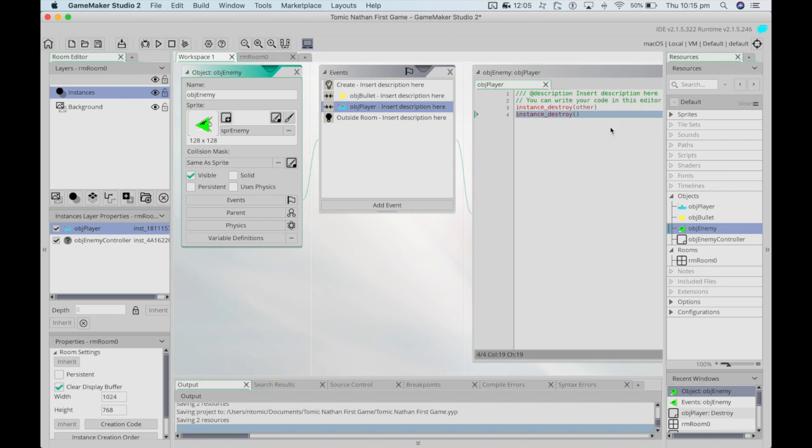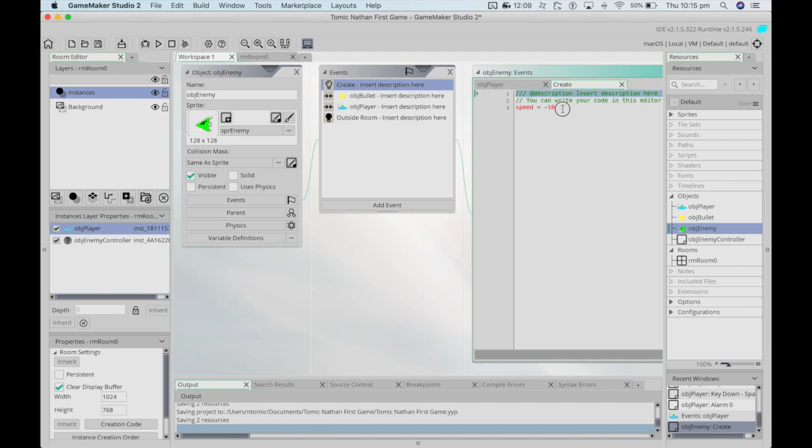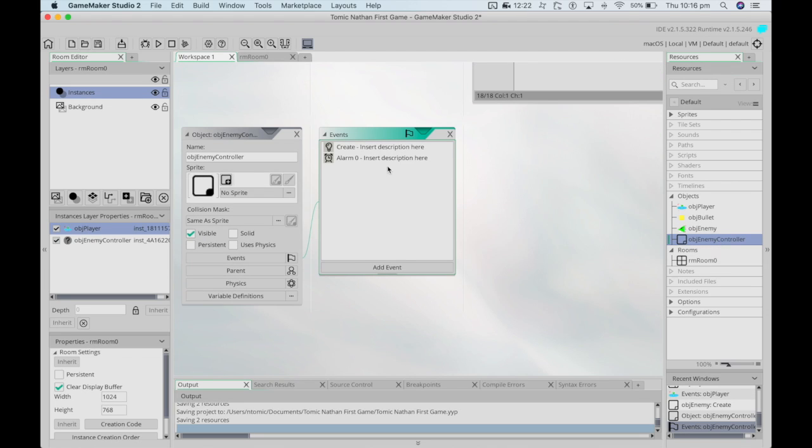One more change that I will quickly make, though, or two more, sorry, will be in the enemy. So again, we're going to set a speed variable for, oh no, we've already done that. Good, a speed variable for the enemy player. So here we have it already set in the create, so we've actually done that already. And in the enemy controller,